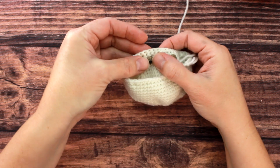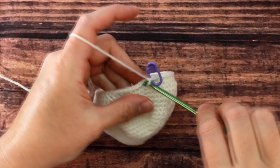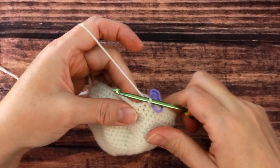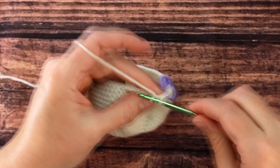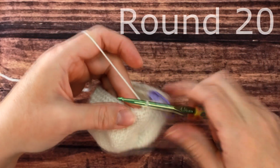And when you're all finished, let's go ahead and move on to the next round. Okay guys, so moving on to round 20, it's just going to be an easy round. We're just going to single crochet in each stitch around. Make sure you get 48 single crochets, and go ahead and pause the video and I'll meet you back here